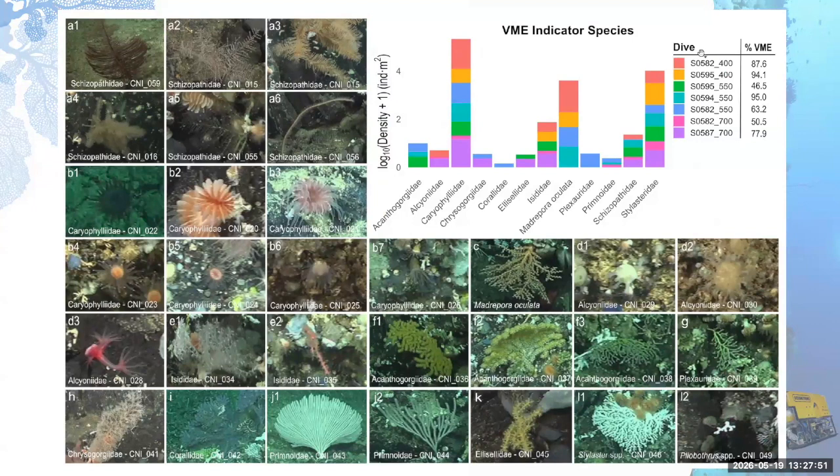In certain transects, we observed a high number, like 95% or 94% of VME indicator species, while certain transects were only 50% or 45% VME. And it is also important to highlight that